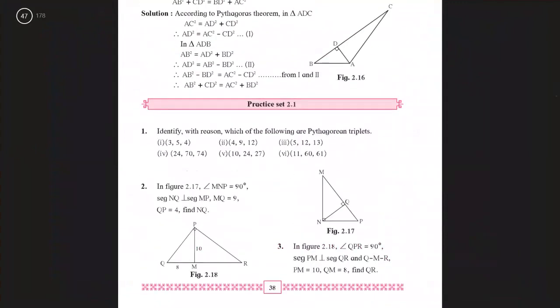So exercise 2.1 is done, children. There are few sums which you need to try out. You will write all these questions in your classwork. I hope you are following all these instructions and making a book properly and writing down whatever I'm telling you. So when you begin with this chapter, you will write down all the theorems that I told you in the beginning and then complete exercise 2.1.